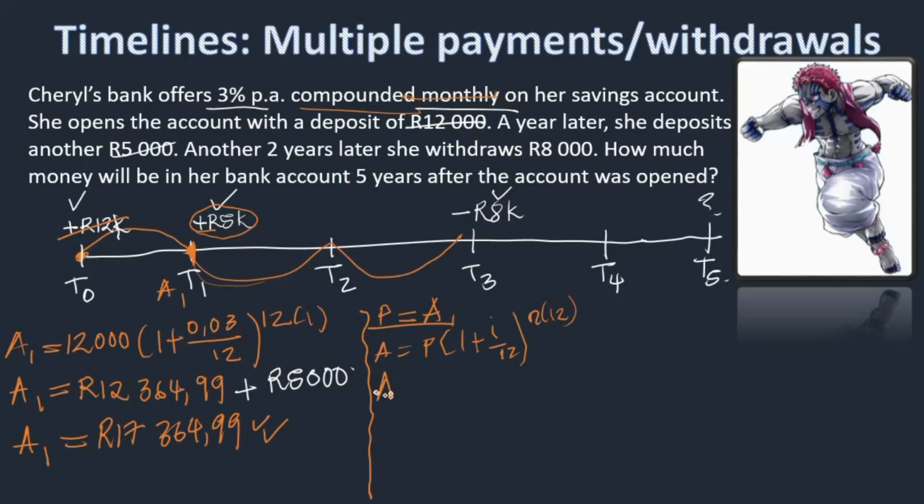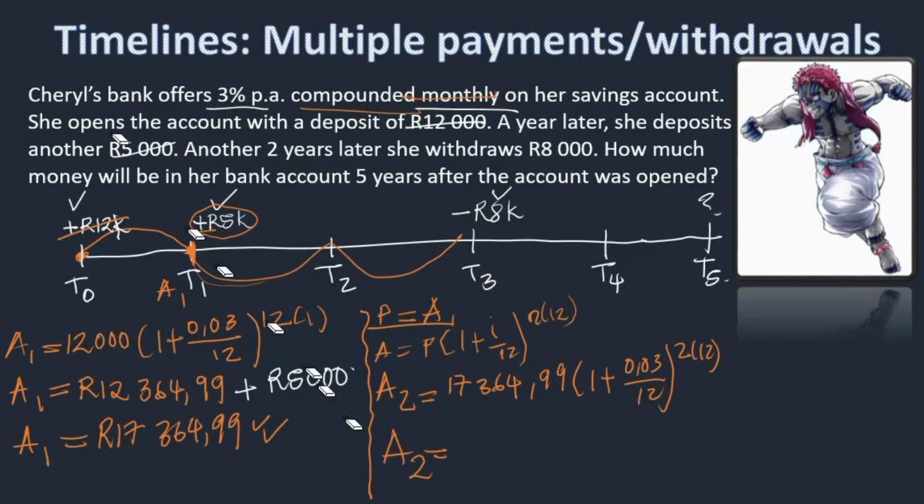So now my A2, because I've already calculated A1, is equal to this amount, 17,364.99, times (1 + 0.03/12) raised to 2 years multiplied by 12. This means now my A2 is equal to, let me write it smaller,